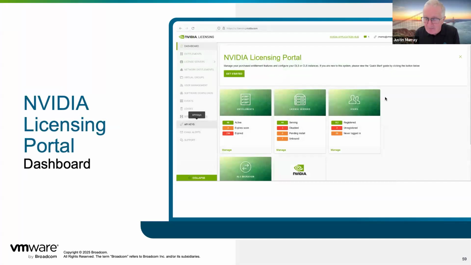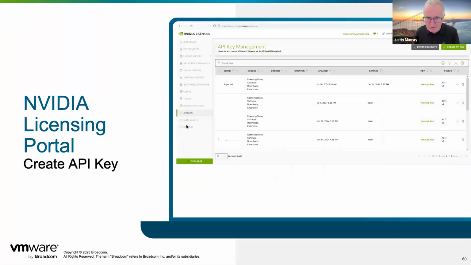It has the ability to control license servers and users and entitlements. This is a process that you'll get used to as you get into NVIDIA AI Enterprise. And that's where I got my licensing API key that you see here on the left-hand side to supply to the software. I won't dwell on this subject, but there are user guides to guide you through it.